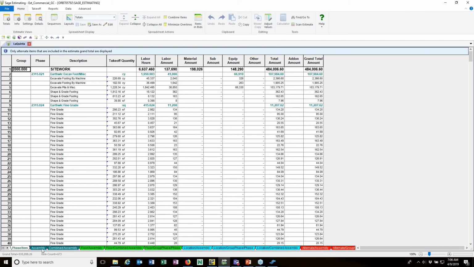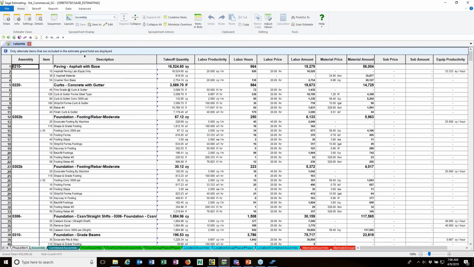I've got them all: my assembly ones are dark green, and then the floors are this bright green, and then the locations are this cyan, and alternates are red. Just my way of doing things. You can do whatever you want, obviously. So if I click here to assembly, now I've got this, and then I have this assembly layout